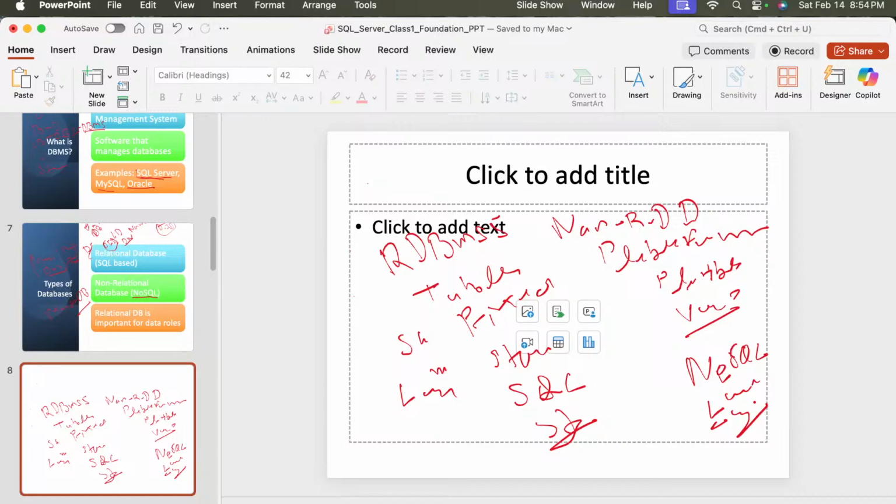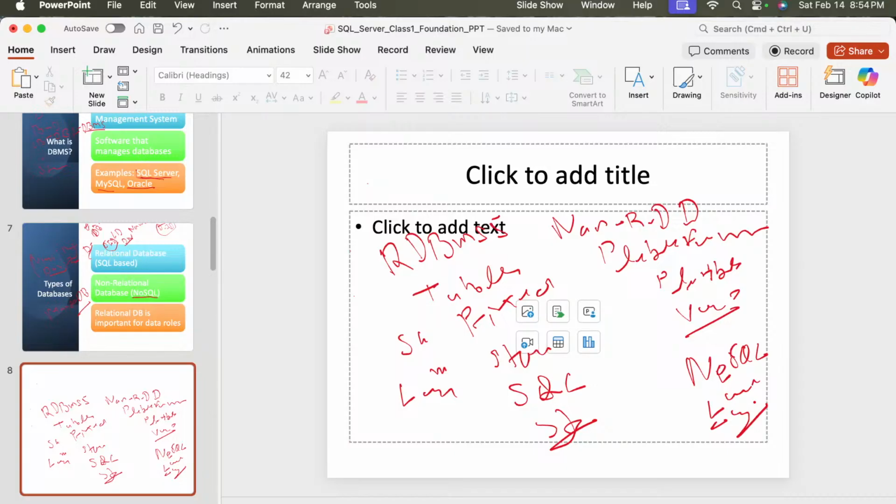So for data jobs like data analyst, business analyst, and data scientist, relational database plus SQL are most important. So our main focus is SQL here, right? So which database type do you think banks actually use? Anyone can answer in the chat. Anyone have any idea which kind of database banks use?